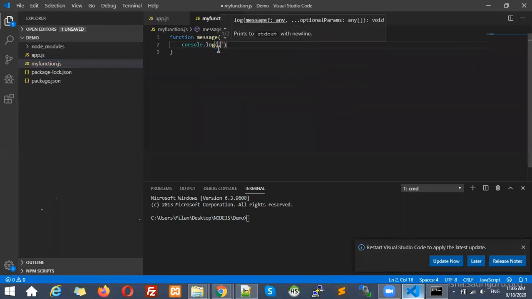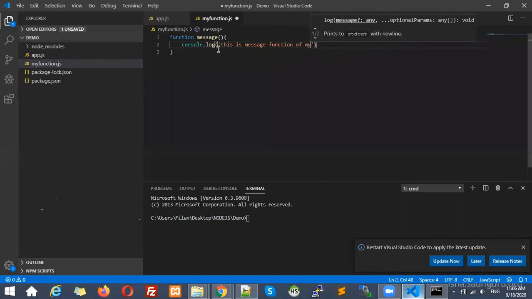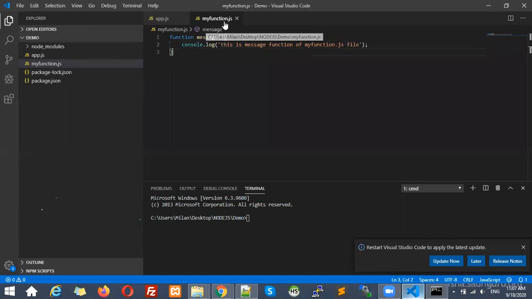Just a simple message like, this is message function of my function.js file, right? Okay. So here you can see we have created one function, but that function is inside which file? That function is inside myfunction.js.